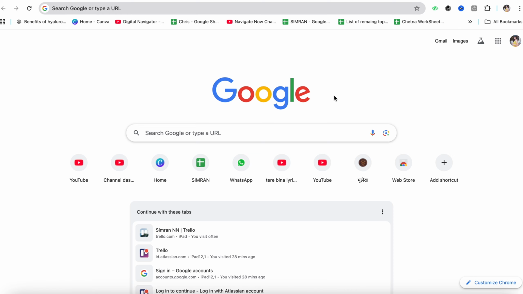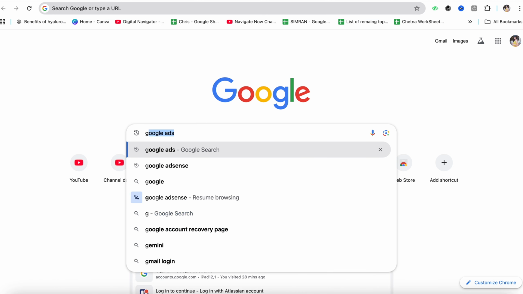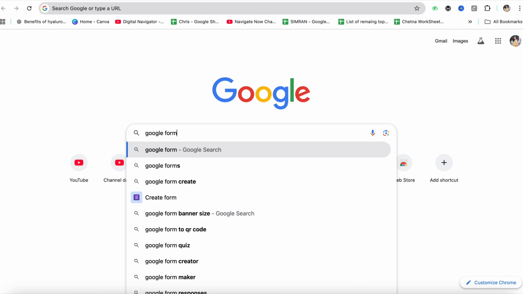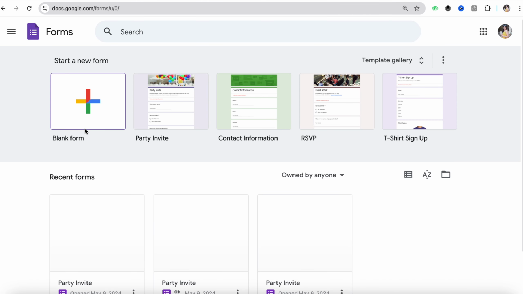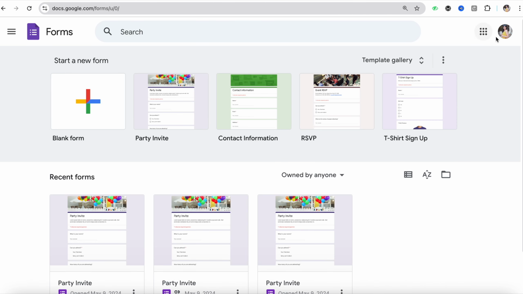So simply search on the Google bar Google Forms and just click enter. Click on the first link right here and you will be there in the Google Forms official website. Just simply log in with your account and just simply straight up to the blank form over here, and you